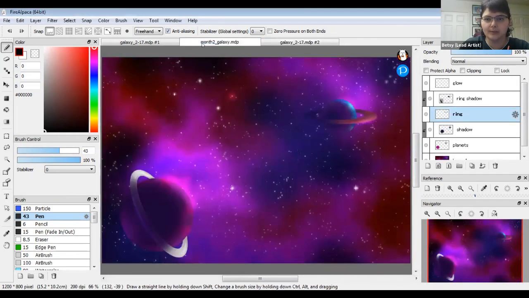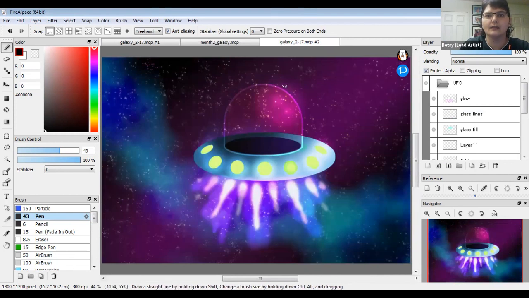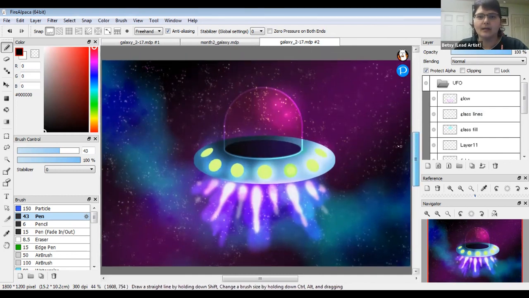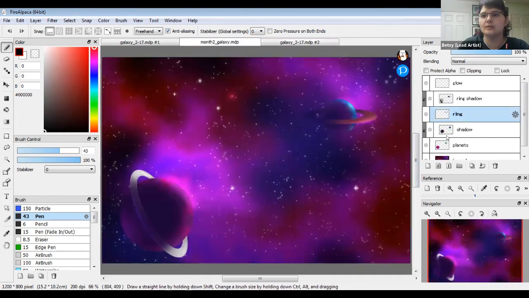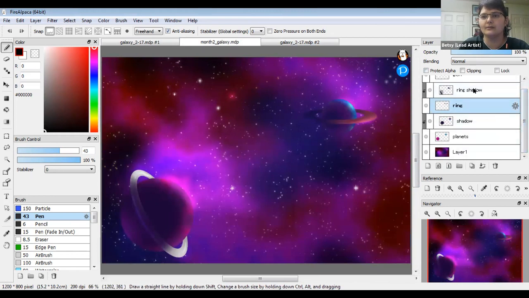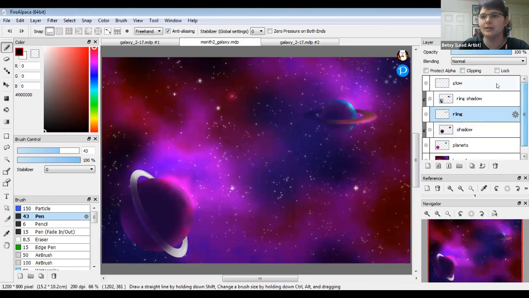So there's mine from last week because we did our planets. And then today we're going to add in a UFO instead of a rocket. So I am going to first, because we're getting into a lot of layers now, stay organized